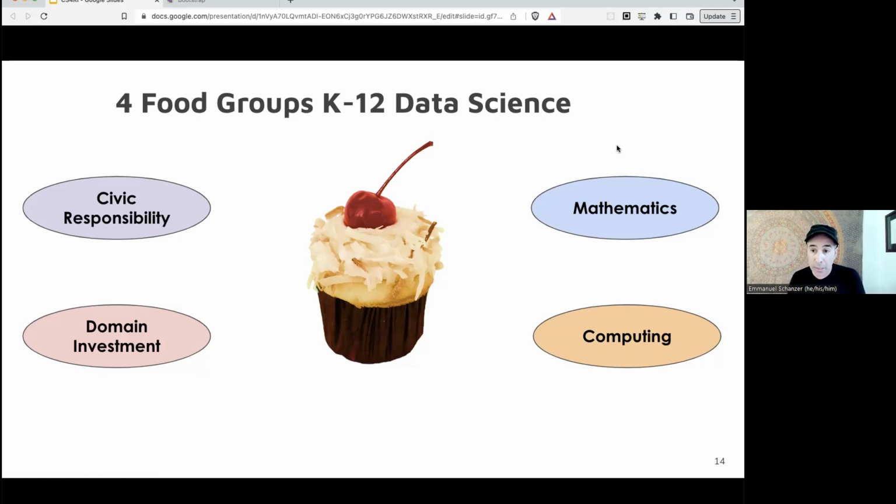But there are two other ingredients in this recipe that are often left out. One is called civic responsibility, because if all you think about data science is that it's math plus code, great. We'll teach kids how to take a good random sample, that's math, and we'll scrape, I don't know, random comments on YouTube videos. That's programming. Of course, if you've read comment threads on YouTube, you know it's basically a toxic cesspool of the worst parts